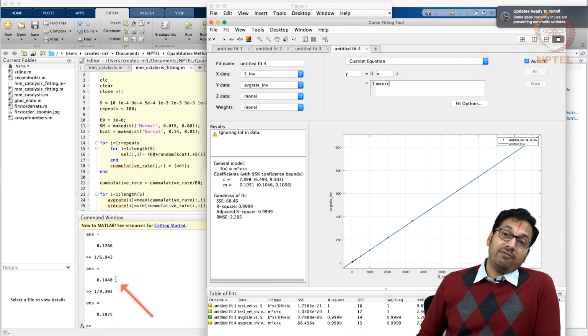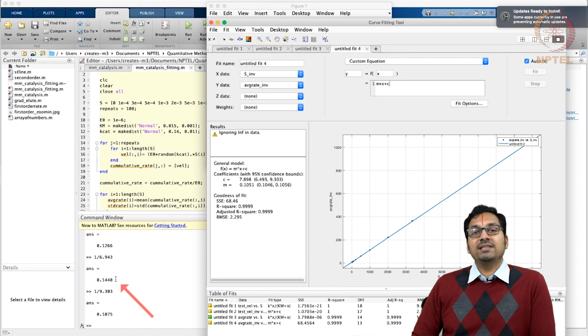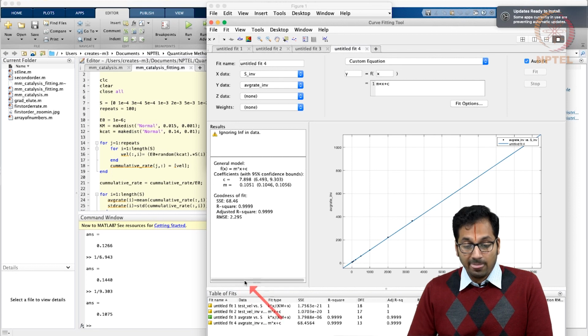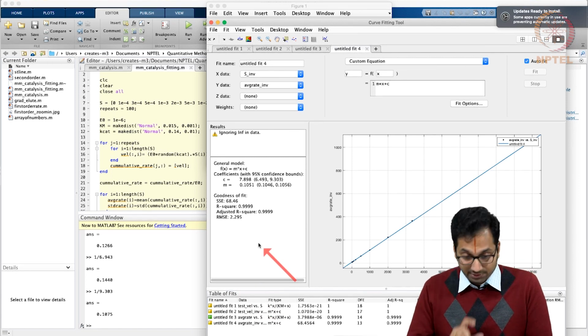So this indicates the fact that although your fit is great, although it's easy to fit linear curves, you are able to realize that when you take a reciprocal of the model, the noise seems to be corrupting the data when you are getting it back. So this is an important inference that one has to have in mind.